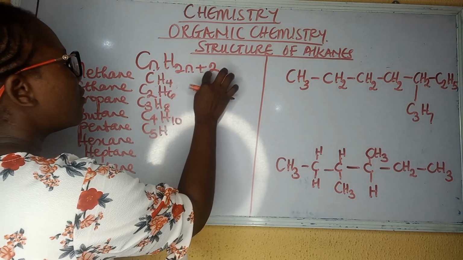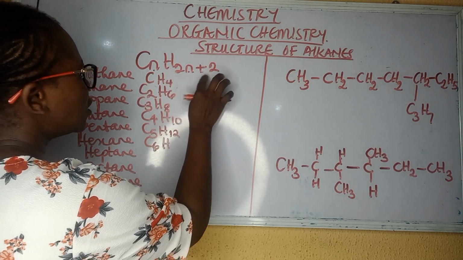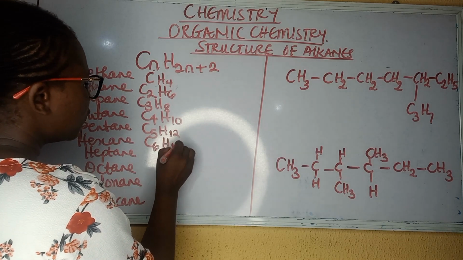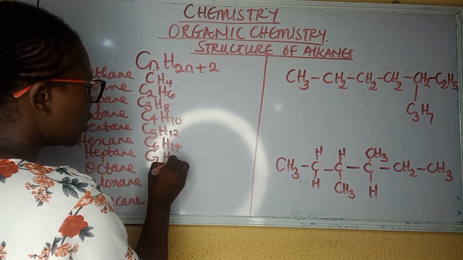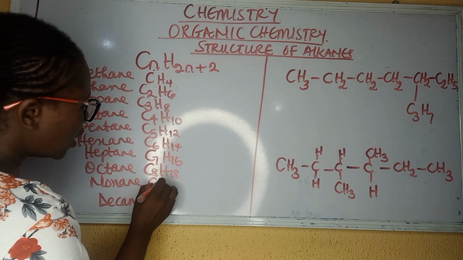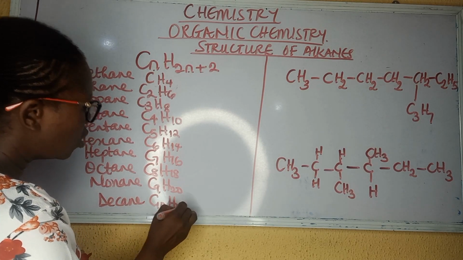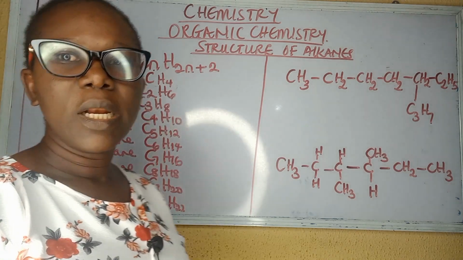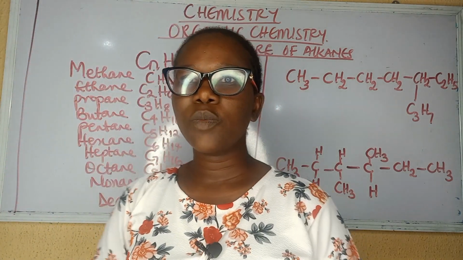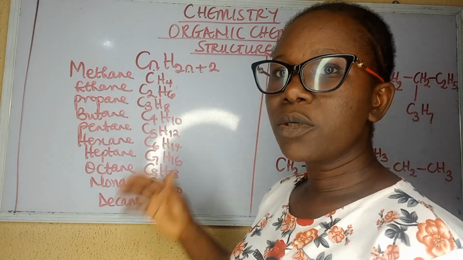C5, 2 multiplied by 5 plus 2, 12. C6, 2 multiplied by 6 plus 2, that is 14. Followed by C7H16, C8H18, C9H20, C10H22. Now, you have to learn this series because it will be useful for other members of the